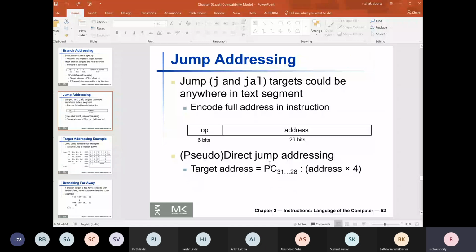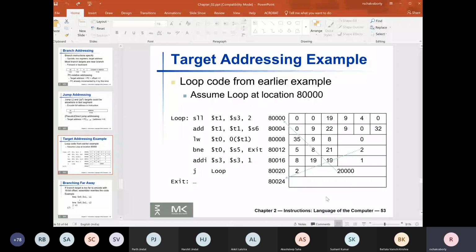Whatever offset is mentioned here will be multiplied by 4 to give the final address. 80,000 is a number which does not need 28 bits. At least 20,000 is a number which does not need so many bits. So it takes 20,000 multiplied by 4 to get exactly 80,000.